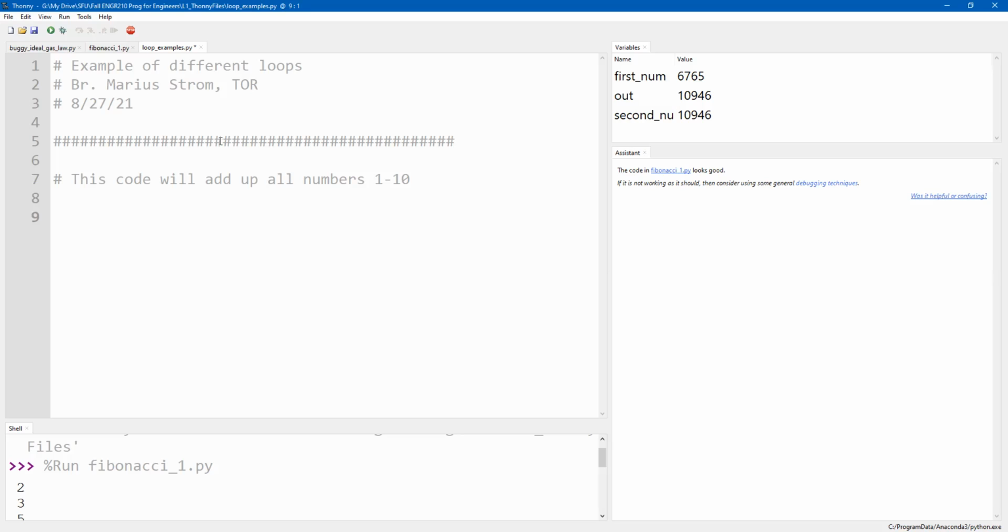But I don't want to write all that out. I want to have a loop do this automatically so I can just tell it to sum whatever I want it to sum. So we're not going to write it out. We're going to try to do it with a loop.